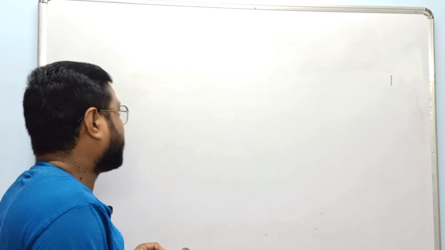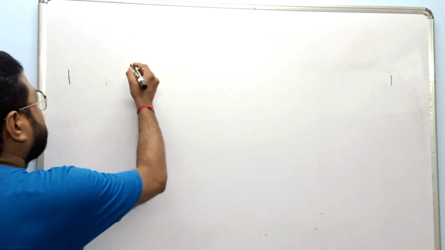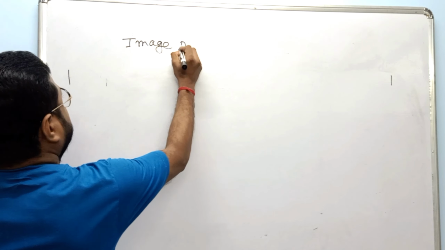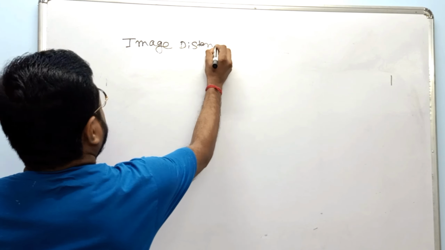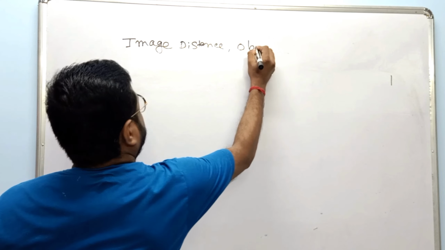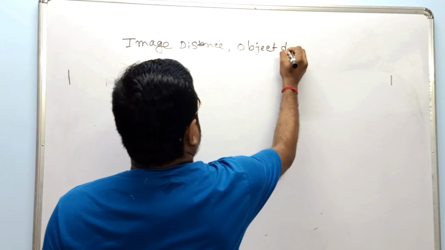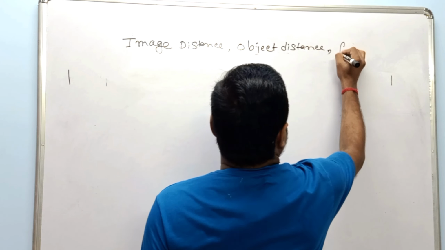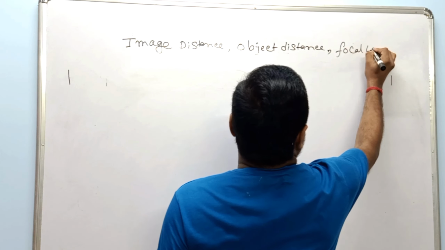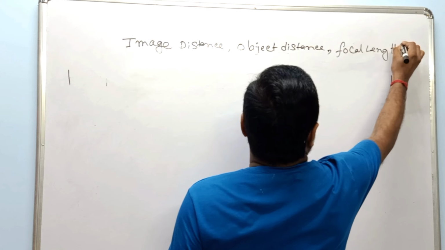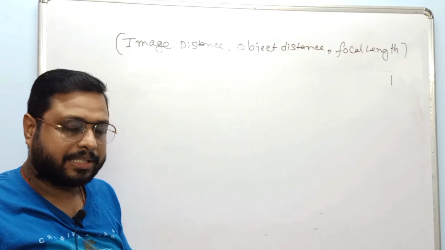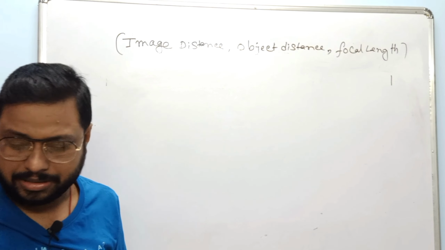आज हम सीखेंगे कि मिरर का जो स्फेरिकल मिरर है उसका जो इमेज डिस्टेंस, ऑब्जेक्ट डिस्टेंस और फोकल लेंथ, इसके बीच में क्या रिलेशन है। इमेज डिस्टेंस, ऑब्जेक्ट डिस्टेंस और फोकल लेंथ, इसका जो रिलेशन है वो आज हम